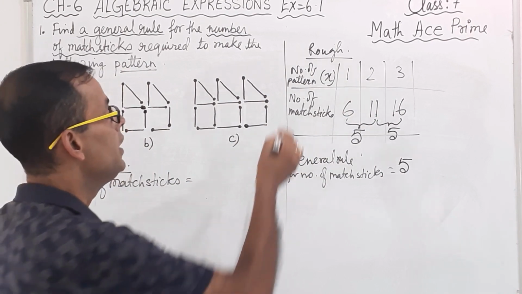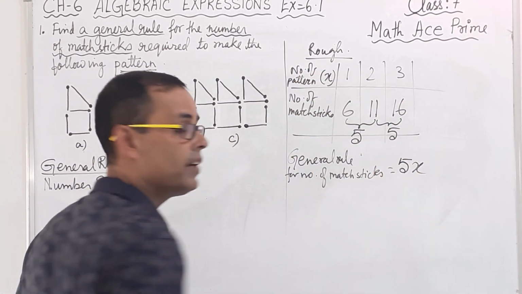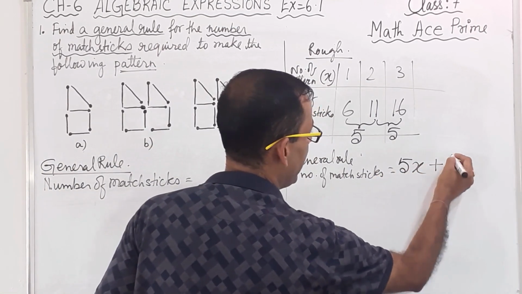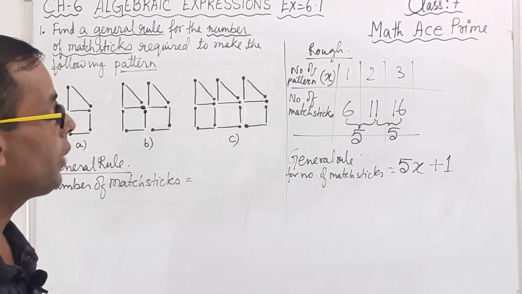So 5 into number of pattern is what? x. So 5x, plus 1. Now you will say, why 1? See here,